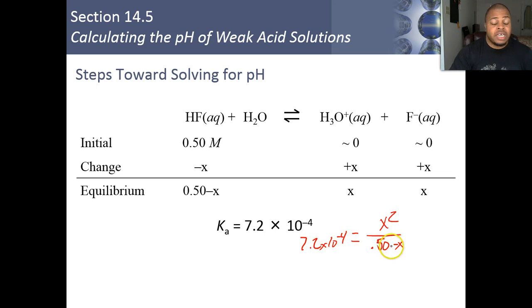I can assume, because it's a weak acid, that x is going to be negligible, so I'm going to cross that out. I'm going to end up solving for x. So 0.5 times this value is going to give me 3.6 times 10 to the negative 4 equals x squared. Take the square root of both sides, and I should end up with